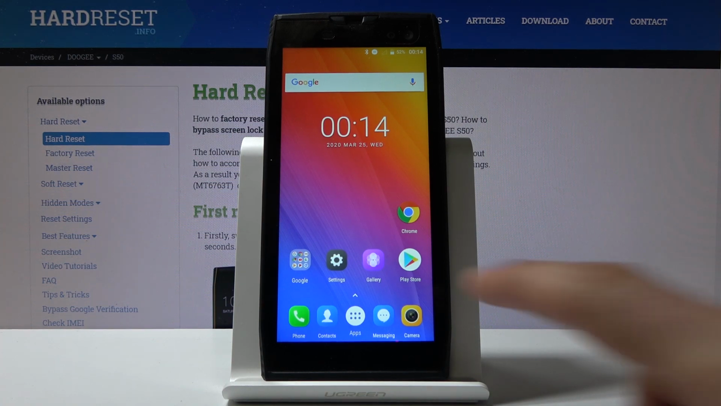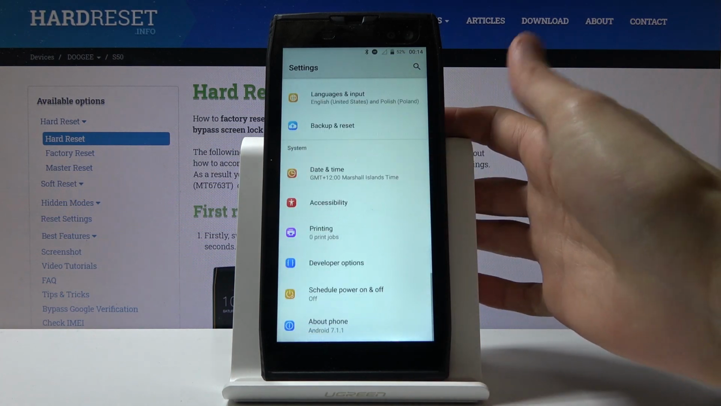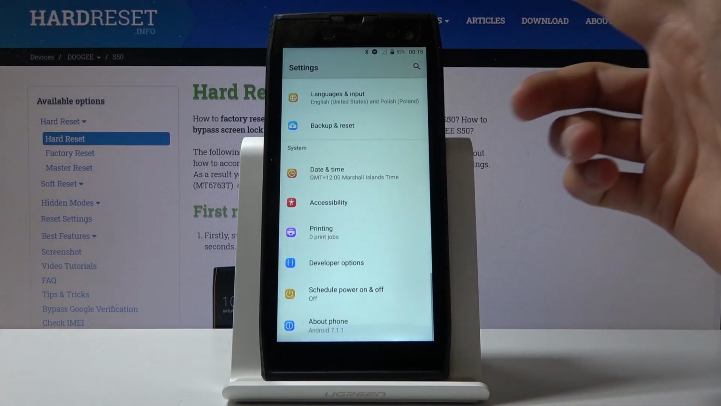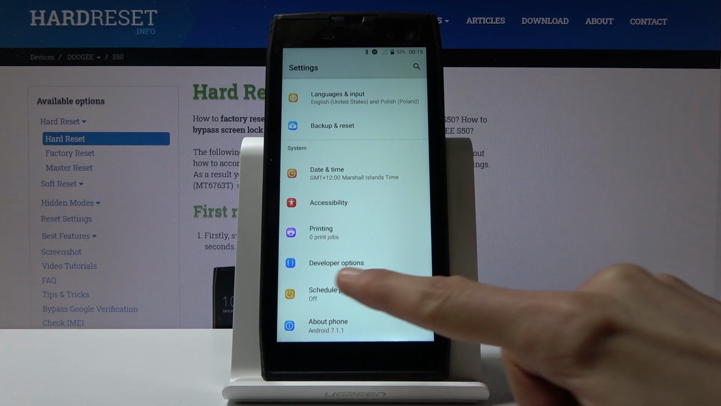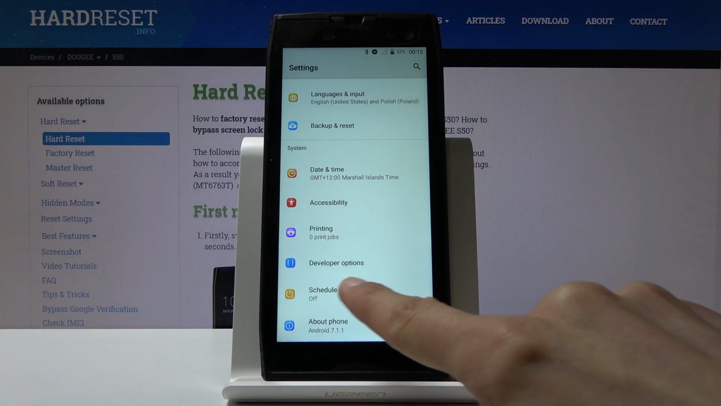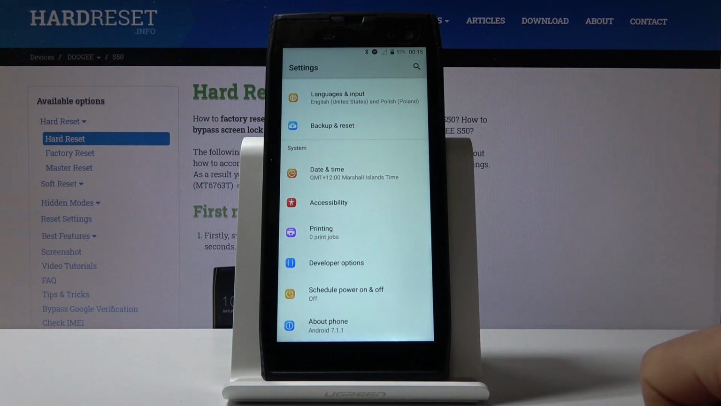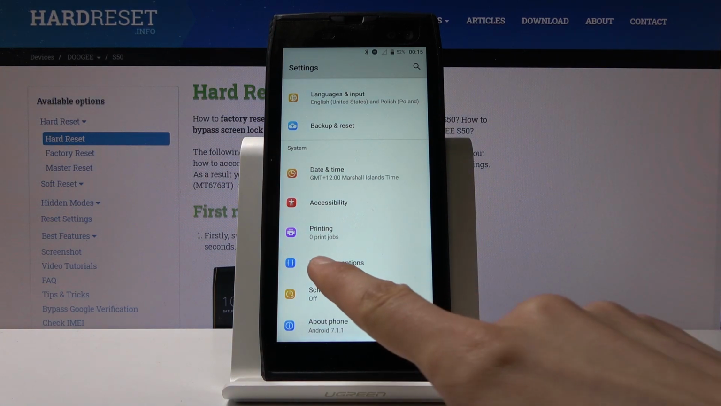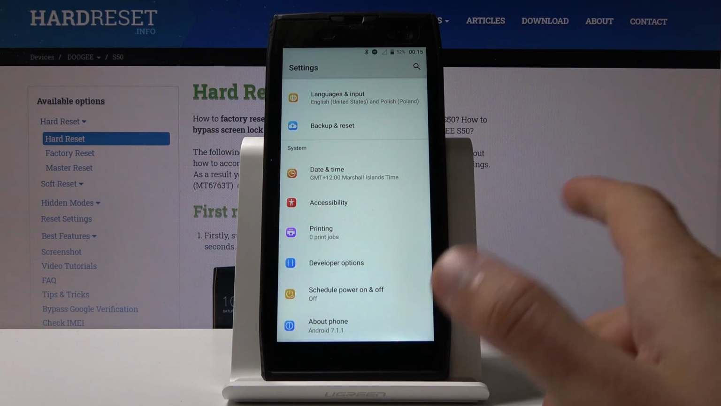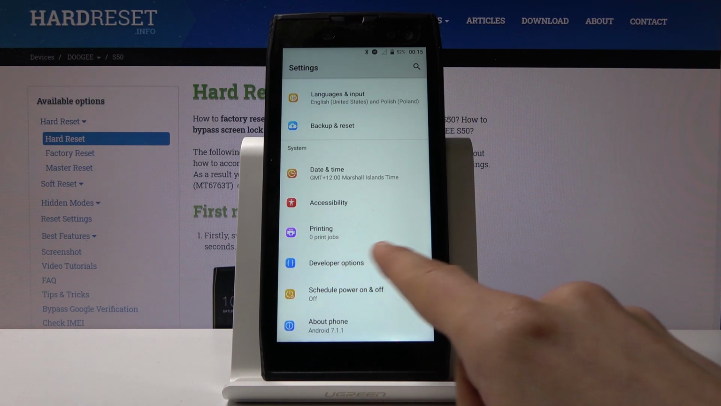So to get started, let's go into the settings and scroll all the way down. As you can see, I'm at the bottom of the page, and if you see the developer options right here as one of the entries, you don't really need to listen to what I'm about to say. But if there is no such thing at the bottom of your page right here, you want